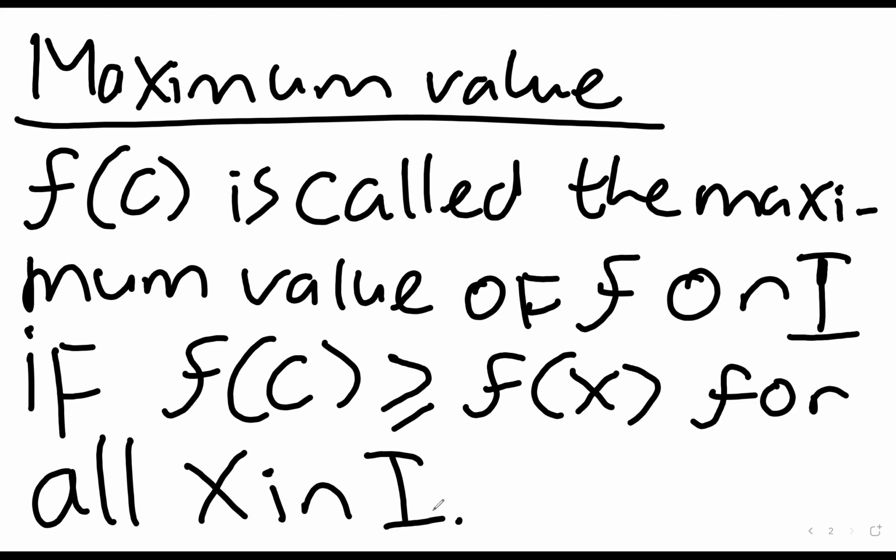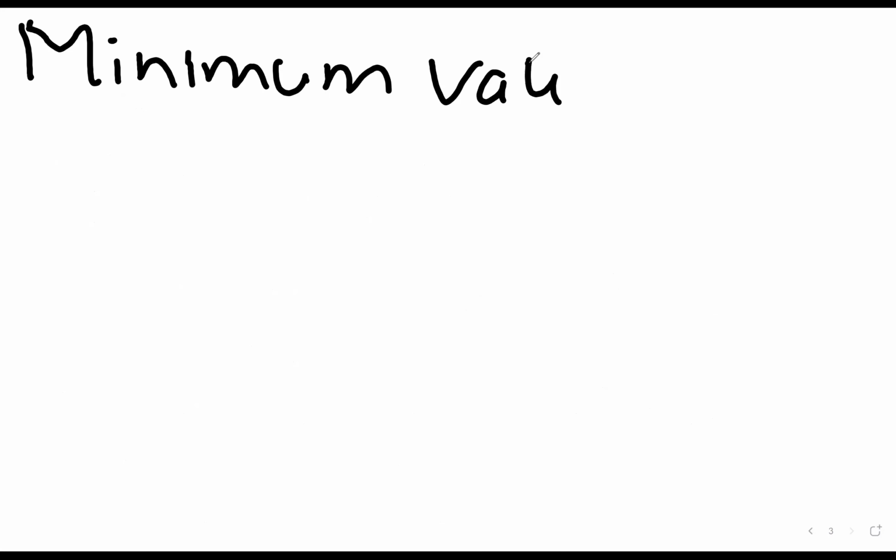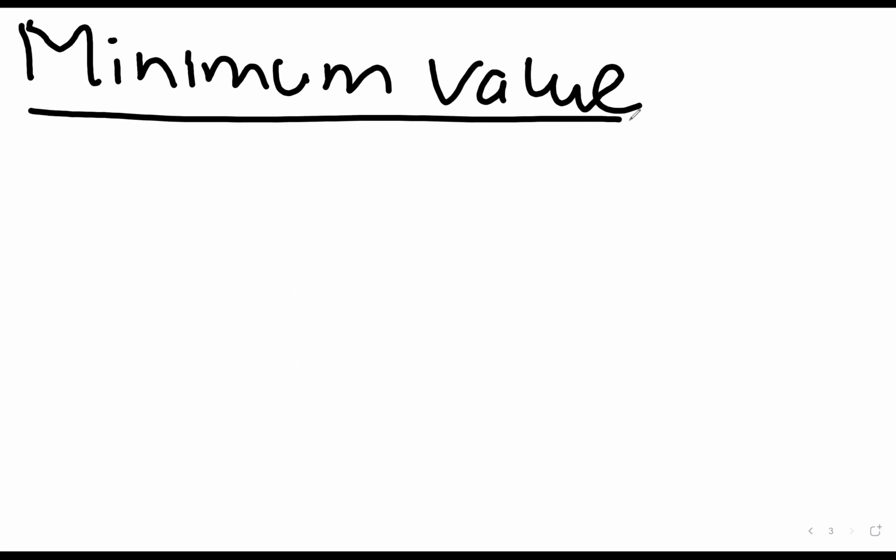And then the definition of the minimum value is similar. Of course, the point c here is called the maximum point. So the value f of c is called the maximum value, and if it is attained at c, then c is called the maximum point. So in this case, let us consider the minimum value. So in this case, f of c